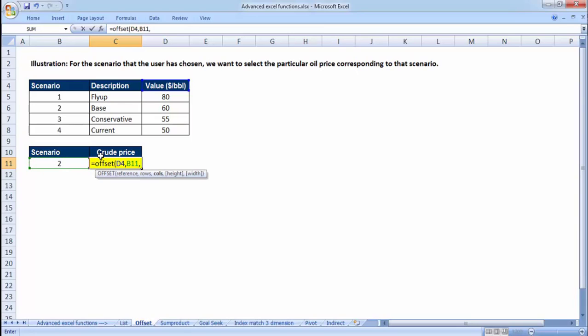Now Excel asks us for columns. It is just like the rows. Excel is now asking us how many columns left or right do we need to move. Notice, because we chose column D, which again has the value of the crude price that we want to choose, we don't want Excel to move anywhere on the left or on the right, but stay put on column D